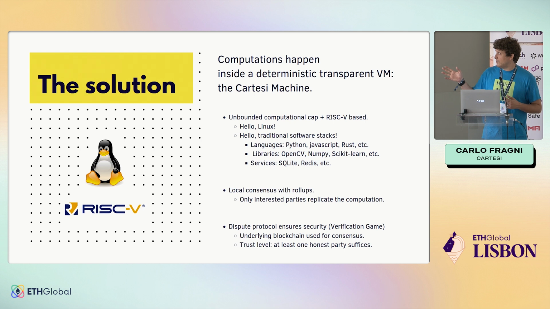But basically, all these computations happen in the Cartesi machine. The Cartesi machine is deterministic. So if someone disagrees about the computation, they engage in this verification game protocol. We settle what's the first point of the computation where you don't agree. And that single instruction is arbitrated by the underlying chain on a copy of the Cartesi machine implemented in Solidity. So when you have a dispute, it's the entire underlying blockchain that's actually arbitrating whether you're right or wrong. So it's very safe. Our security guarantee is that a single party willing to enforce the correct result is enough to guarantee it.